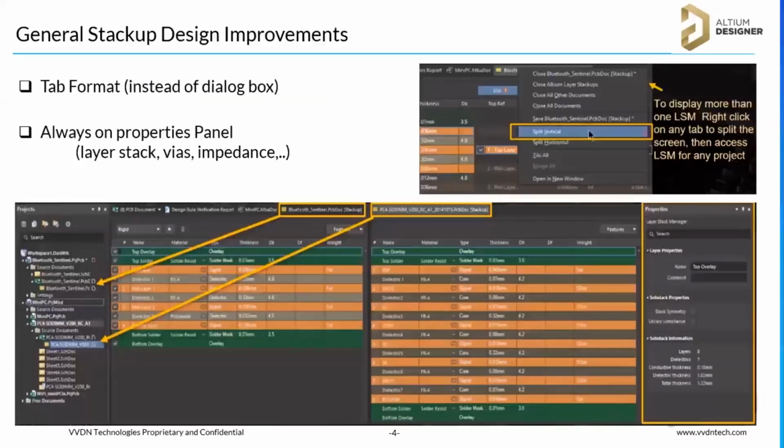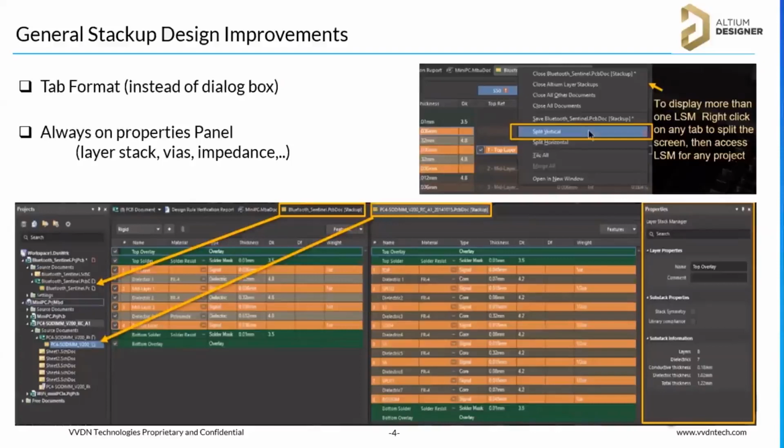So first, what improvements have we made in the stack-up design? In the earlier or legacy version, AD17, the layer stack manager was a dialog box. You had to fill in the information and save, and only then could you work. But now a separate window pops up. You can open the layer stack manager in a separate window, and like a document view, you can see the layer stack for multiple PCBs.